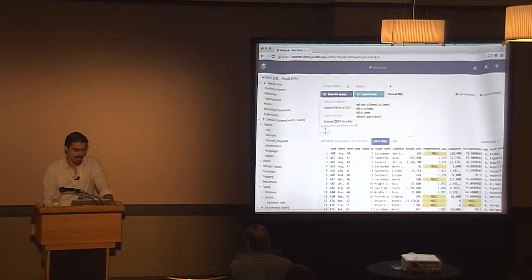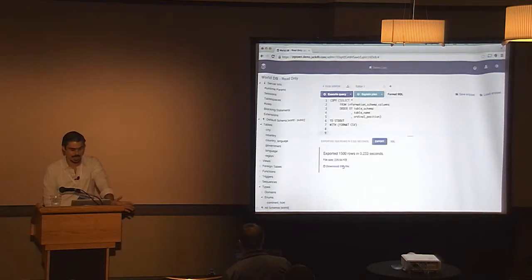So one of the things I wanted to have was a database client that lets you just run a copy and you get the file immediately afterwards. It's little things like this that actually make your life a lot more pleasant instead of trying to spool something to a file and coming back again. That's already better than PG admin. So we support quite a bit of really specific stuff.